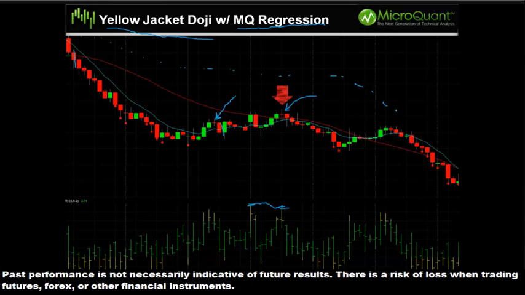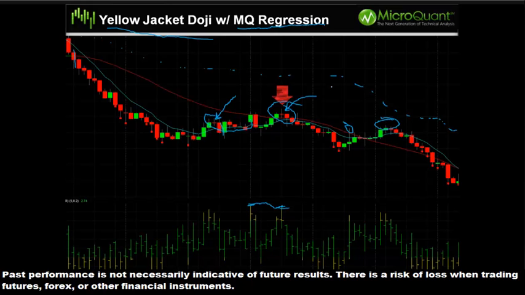And they would have been something like this, coming down, down, down, down, like that. And as long as the MQ trend and the MQ regression agree on the direction, so you're adding two trend filters, then you have the okay to go short at the value-based entry. So if both MQ trend and MQ regression are red, then you'd be going short on the overvalued bounces there, here, here. So you have a couple different filters that complement each other, which is both the MQ trend and the MQ regression. They're both trend